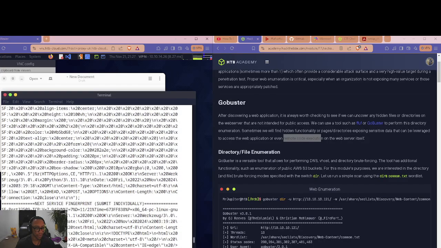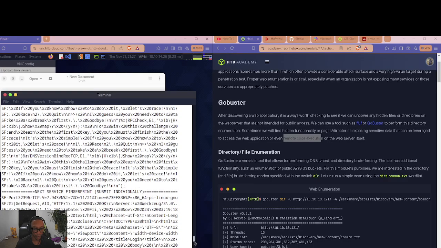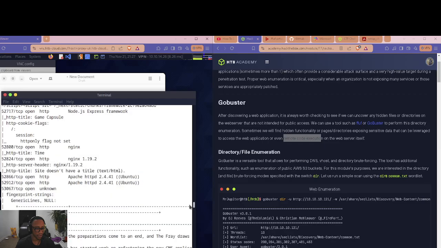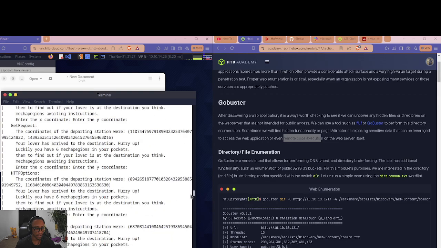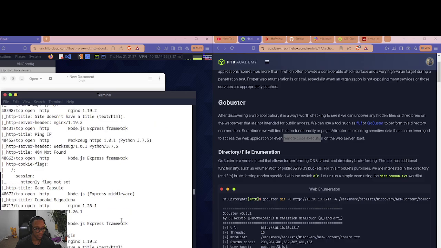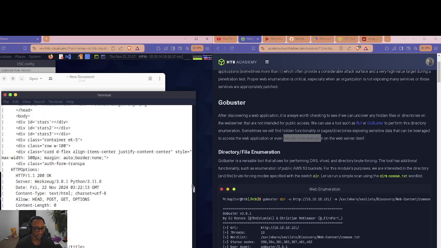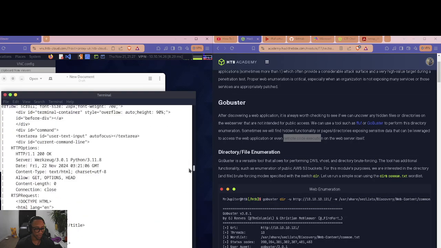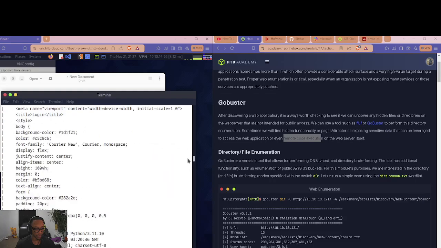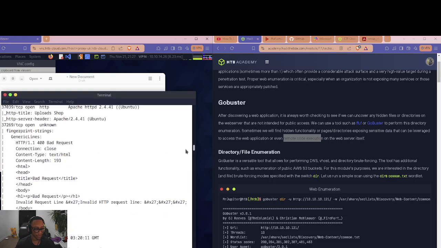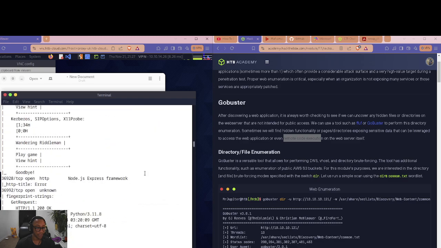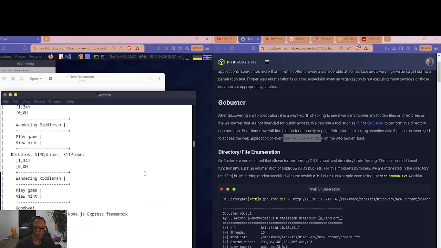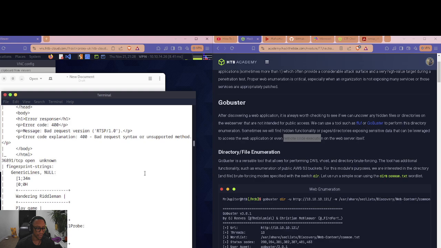Whoa, big scan. I see why it took so long. Holy shit, scanning way more than I intended. It's going to be hard to parse through all this data. I should have maybe been more specific. I don't know how we're going to parse through all this data right now. Ultimately, what we're looking for